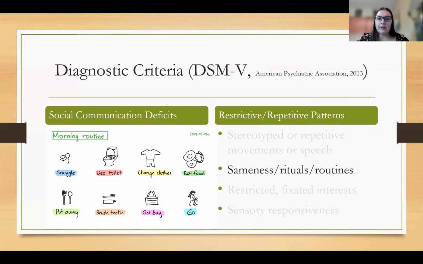So for example, you might have a morning routine where there's a certain number of things that you do every morning in the same order. Well, if one of those things isn't available, that can cause a lot of distress, and it can be hard to regulate and come back to baseline after those interruptions. This can also be challenging if someone is expecting something to happen later in the day and there's an unexpected change to the schedule. So it's really helpful to let individuals know when there's going to be a change, let them know ahead of time and with as much notice as possible.